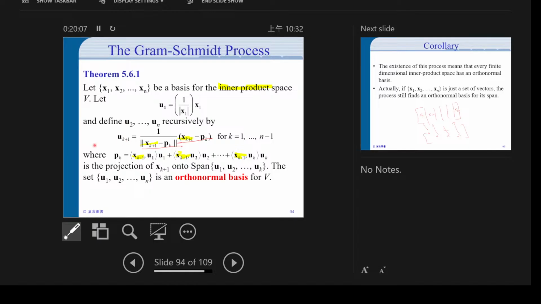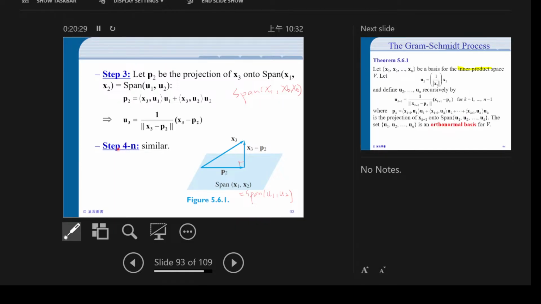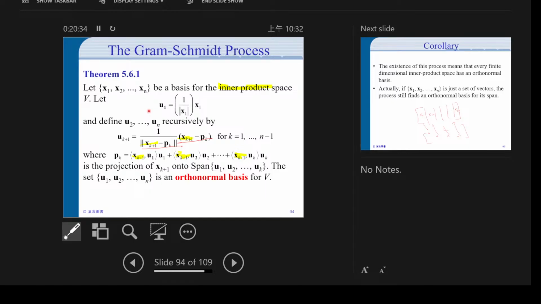Okay, so you keep doing this, and the k is from 1 to n minus 1, so this k plus 1 is from 2 to n. Okay, so this is how you find u2 to un. And we have kind of already said the proof. So I guess I have said the proof of why this is an orthogonal basis,